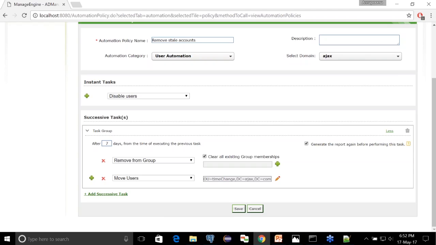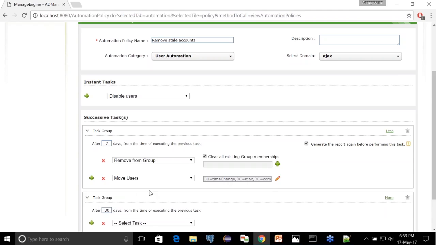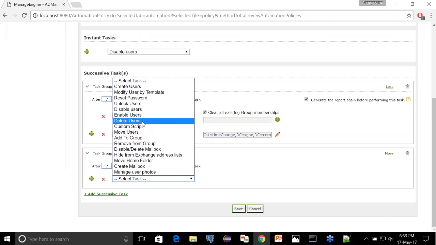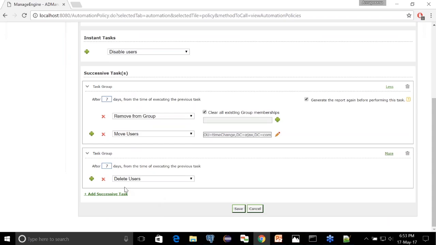And now after 7 days, in between this period, if that particular account is enabled manually by your technician or by you as an administrator, and now you do not want to clear their group membership or remove their user accounts, so you have to regenerate this report again. So if you want to regenerate this report again, just choose this option. And hence, the user account enabled by you manually will not be removed with their group membership or will not be moved to another organizational unit.